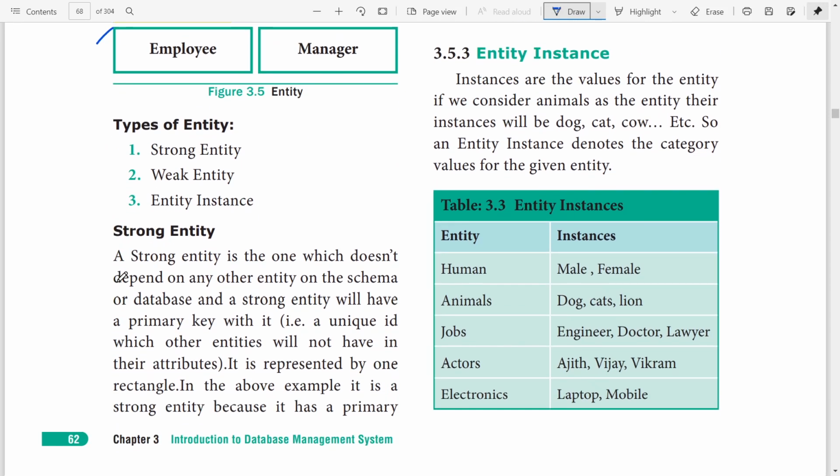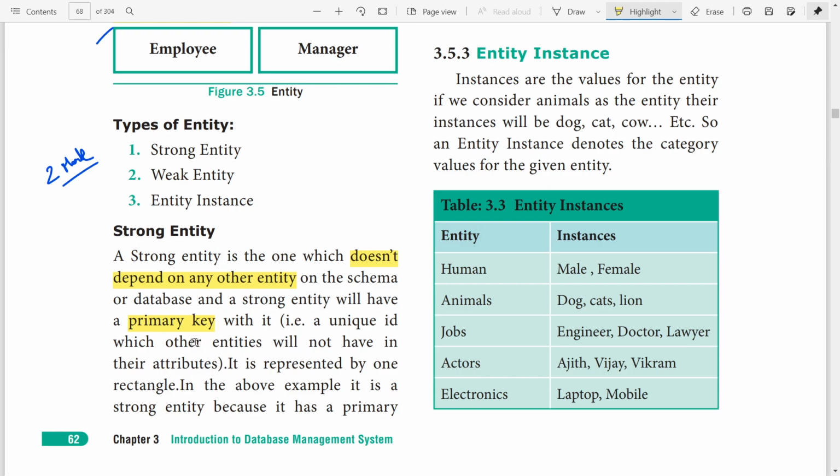Next, types of entity: strong entity, weak entity, entity instance. 2 mark. Strong entity. A strong entity is one which doesn't depend on any other entity of the schema or database, and a strong entity will have a primary key with it.